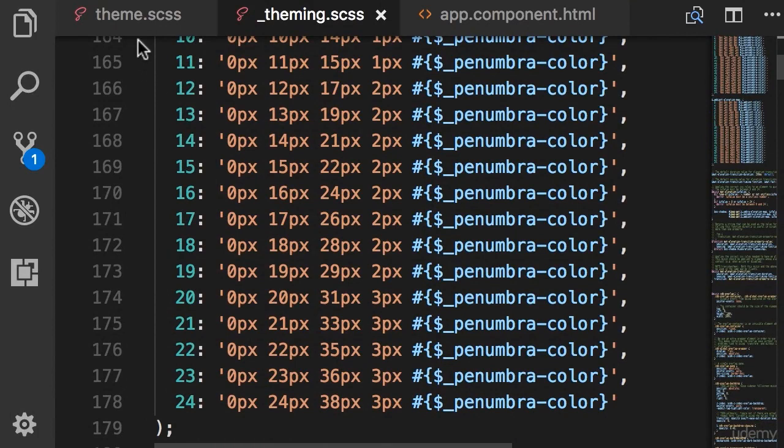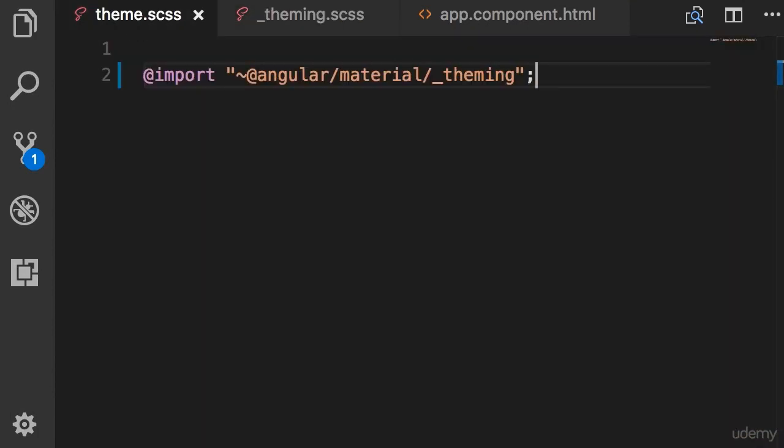So back to our theme.scss. We imported Angular material theme. Now we need to include the core styles that are defined in Angular material. These styles give our components a modern and consistent look and feel. For example, you have seen how our input fields look like, how our drop-down lists look like. All of these are defined in a mixin called mat-core. So to use that mixin here, we use include